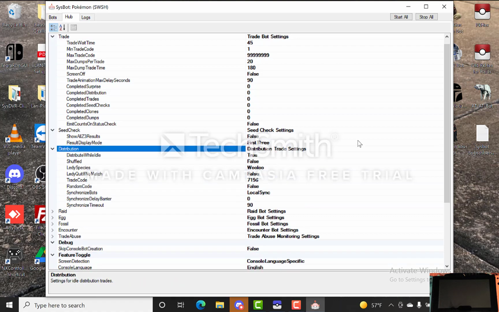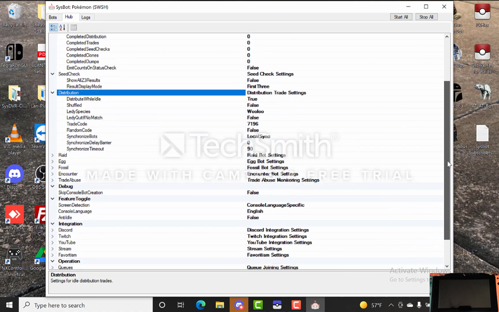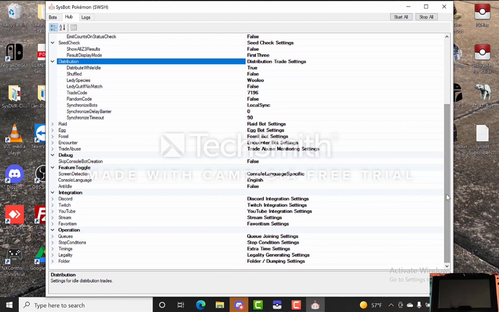Distribution, if you're going to do a distribution, I'll show you how to set that up in a little while once we're done setting up the bot. So if you want your bot to do a distribution while it's not doing trades, you set this to true. And now in our distribution folder, whether you're doing 1 Pokemon or you have 100 Pokemon in there, this will